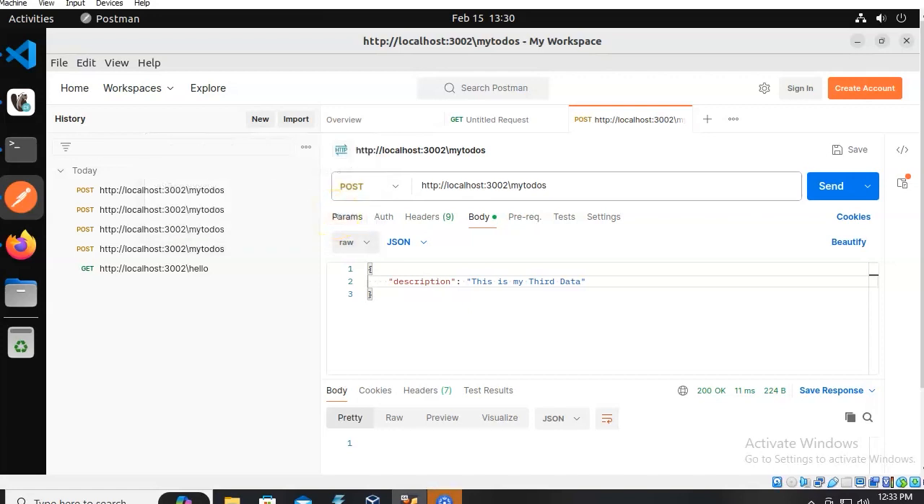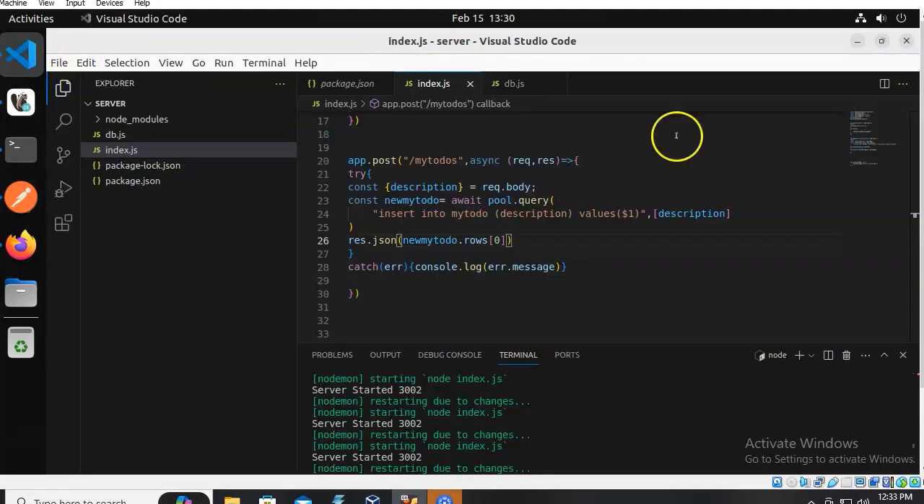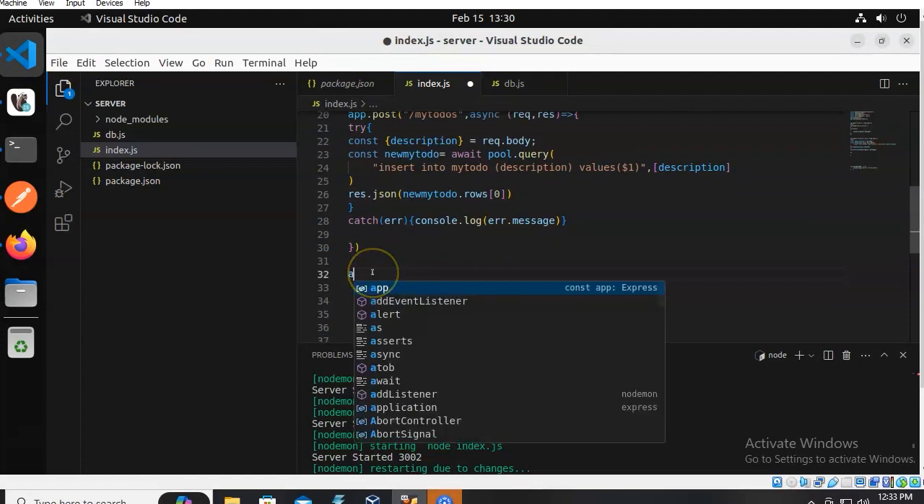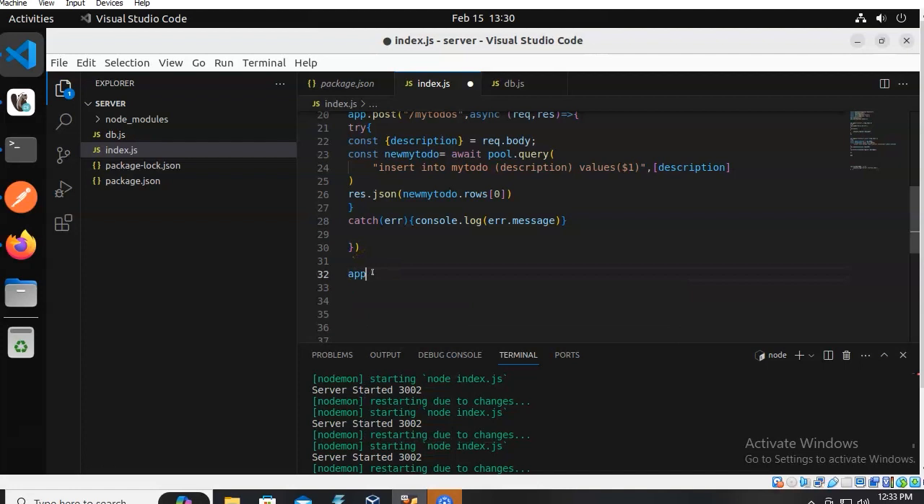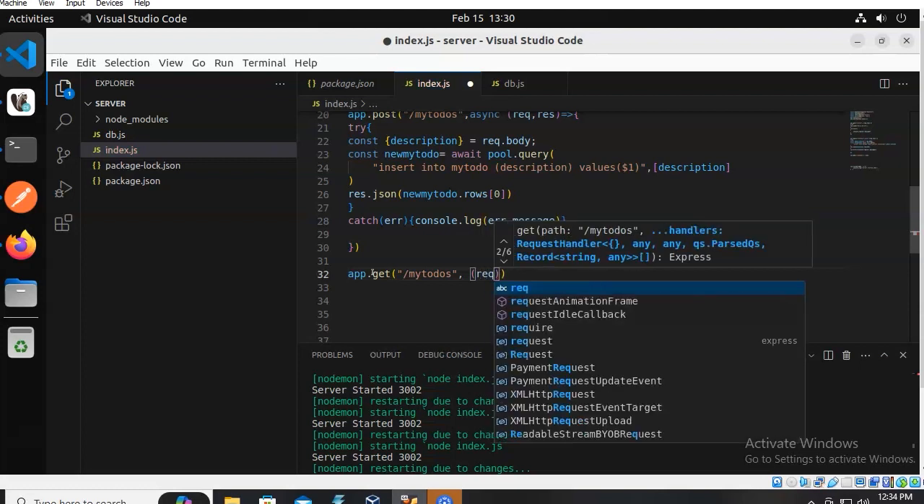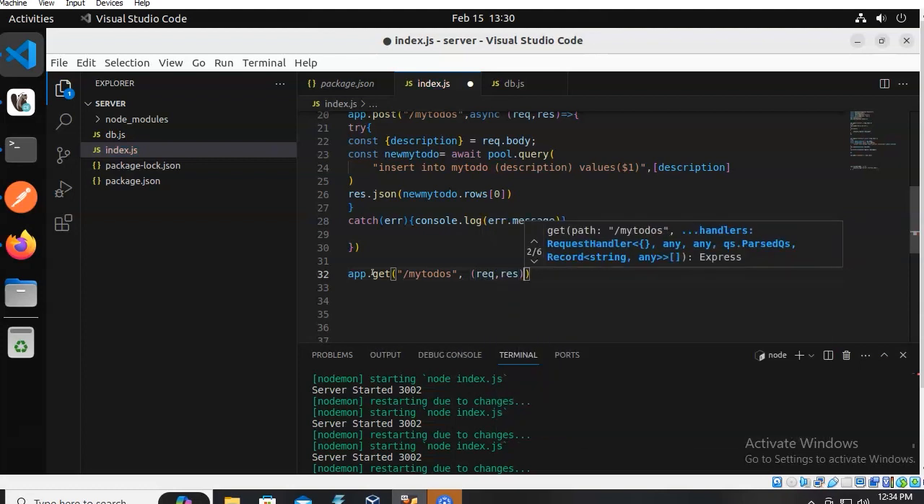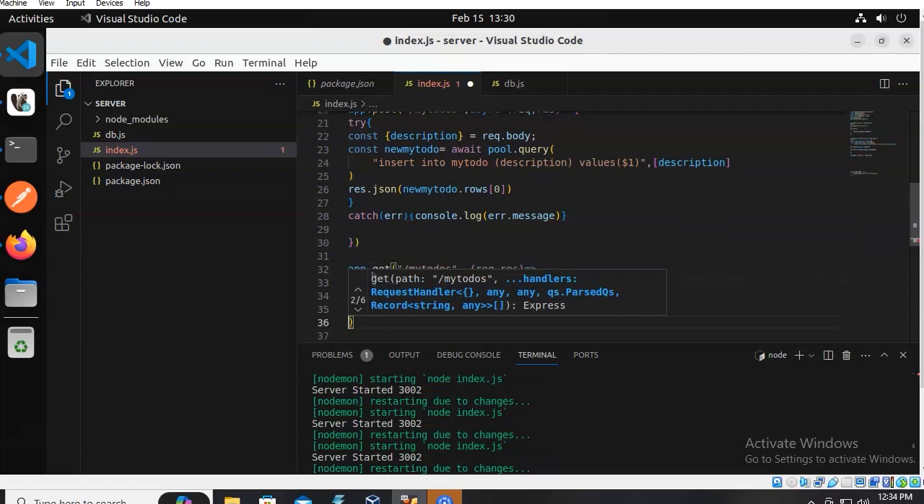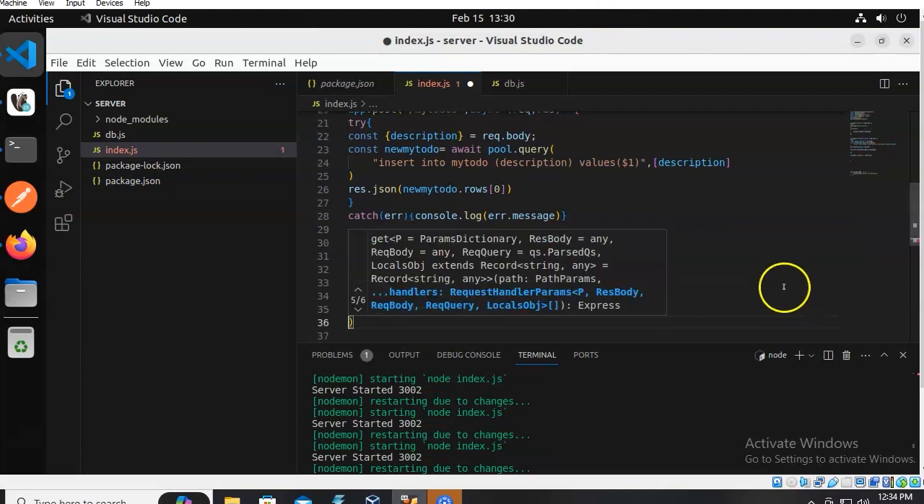Now you are entering the next part of CRUD operation, the read activity. Now you will go to that code. I will create a new method, app.get, which will be named /mytodos, comma, request, comma, response. Inside that